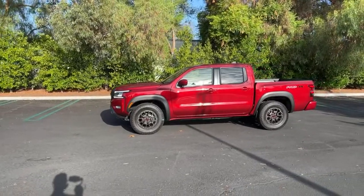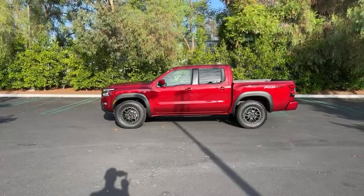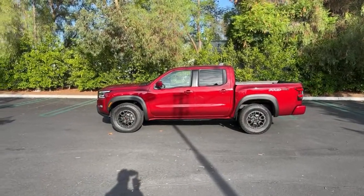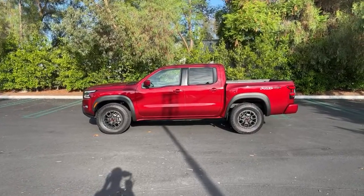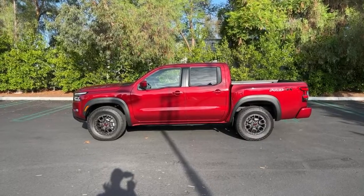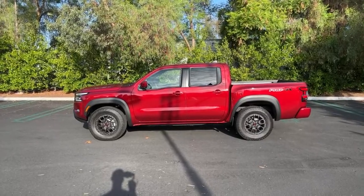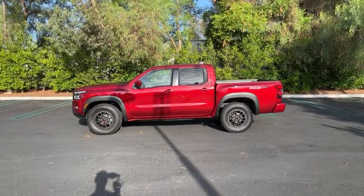POV Tundra 1790 4X hybrid. I will have the POV up very soon. I think Josh is maybe thinking of the walk around that I've already done on that vehicle. That was up yesterday, but the POV of that one is going to be coming up very soon. And I think right now the Rolls-Royce Cullinan POV is up. If you guys want to watch that,